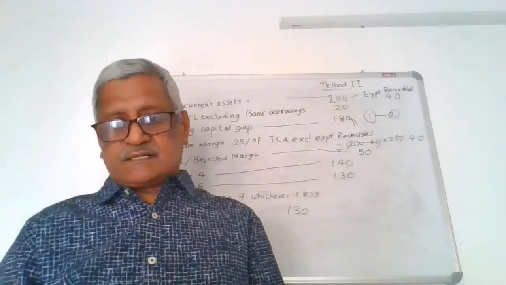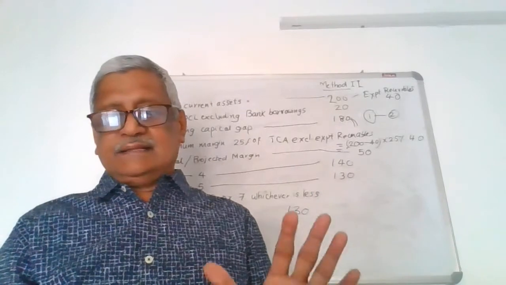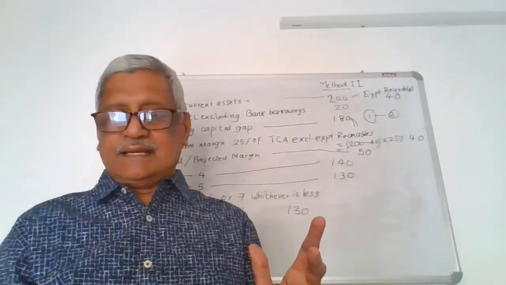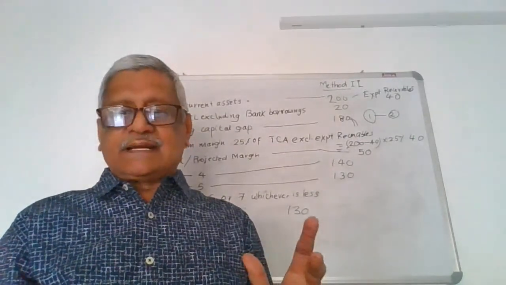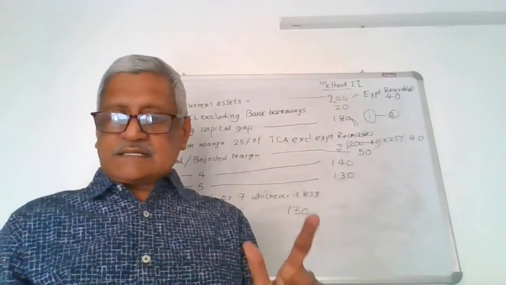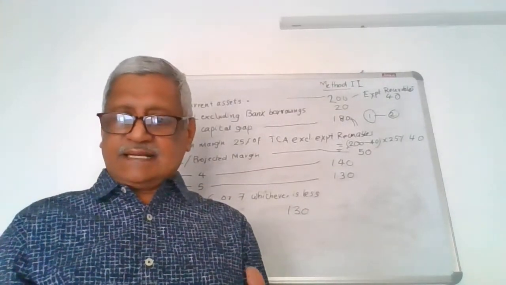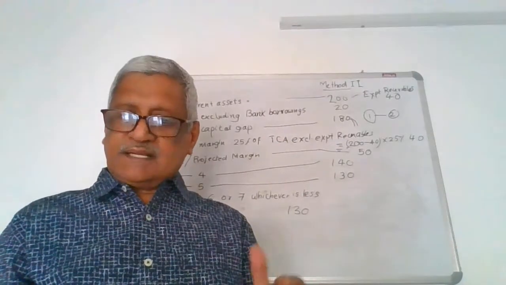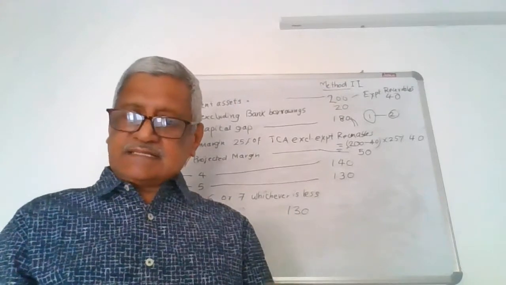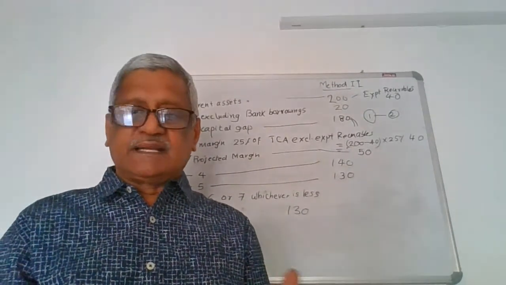5 different situations. Situation number 1, customer is bringing in only the minimum required margin. Second one is customer is bringing in more than what is required to be brought in method 1. In method 2, customer is bringing only the minimum margin required. The fourth case is the customer is bringing in more than what is required to be brought in. The next case is where there are export receivables where there is no need to bring in margin.